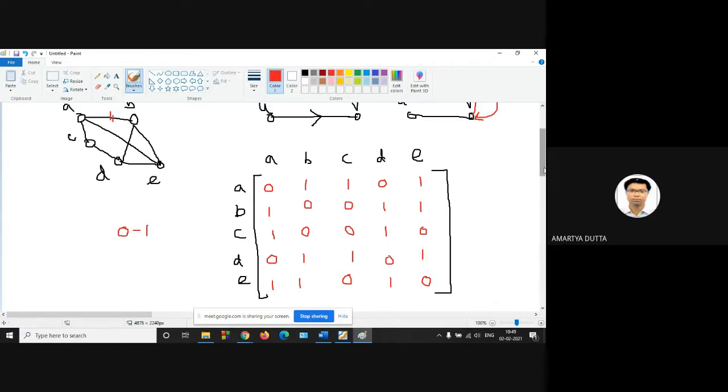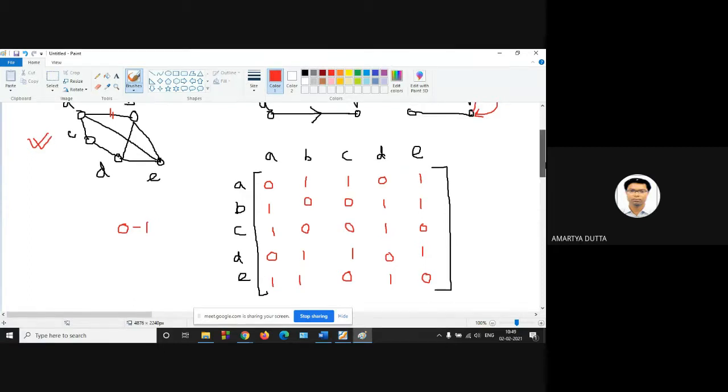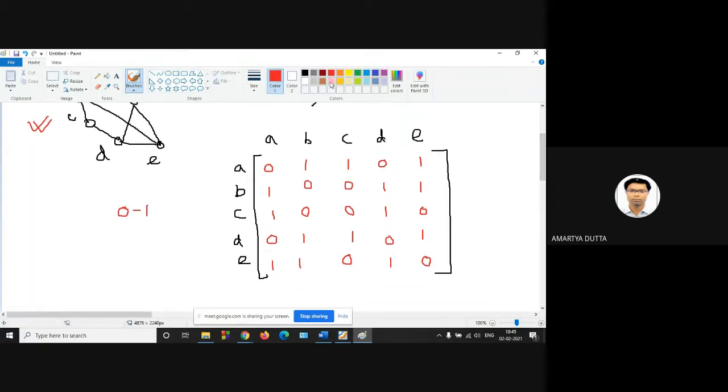So this is the adjacency matrix representation of this given graph. This is an undirected graph and it has no self loops. Okay. So what is the complexity? How can I compute the complexity? There are total n rows and n columns. That's why any operation will take order of n square. Okay. Any confusion? Anyone? No, sir.